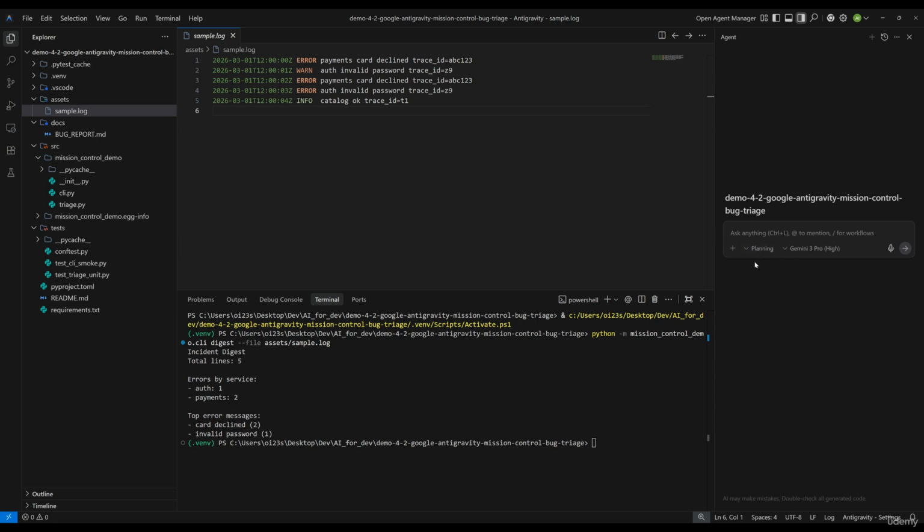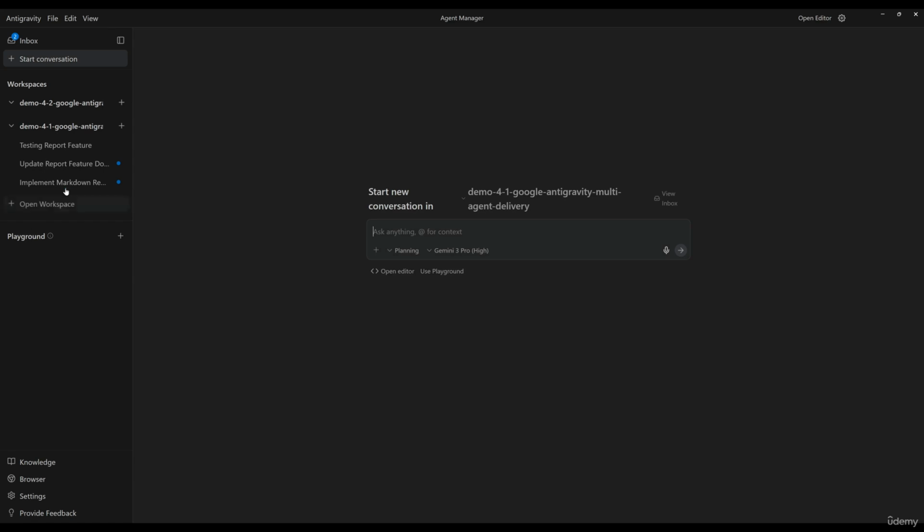However, we can also do things in the Agent Manager view, which is the one that I prefer because that's the one where we can launch multiple agents, while reviewing things as they progress. So in order to get into this, you can just press Command E or Control E, and that would launch the Agent Manager dialog. And this is where you would have a very focused view of just dealing with agents